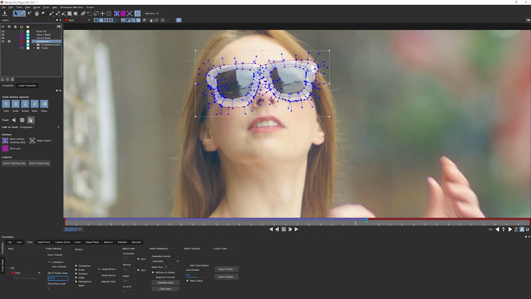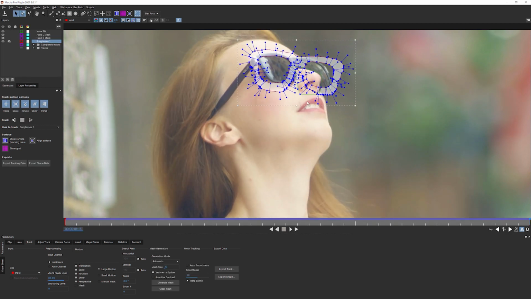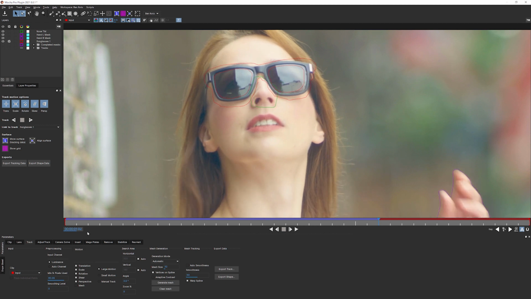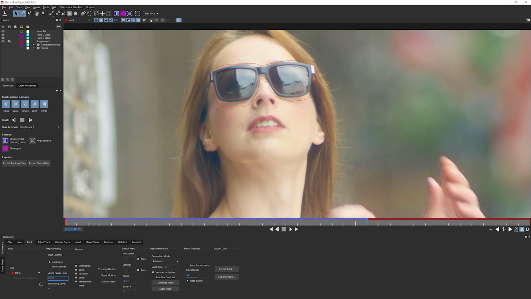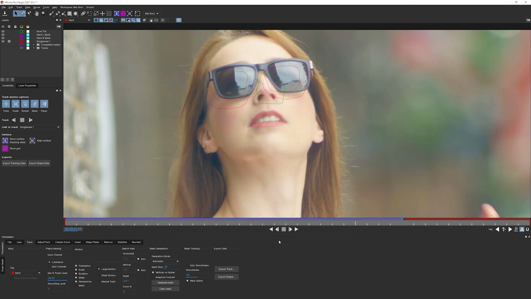Let's come in and track this forwards again. It's helped a little bit, but it's still not perfect. So I'm just going to undo a few times to get us back to frame 101. Let's see what happens if I bring my minimum percentage of pixels used all the way up. I won't take it to 100, I'll take it to 95 or something like that. Let's track that forwards. You can see if you get too high on that minimum percentage of pixels used, it really will just fall apart. Let's undo that again.